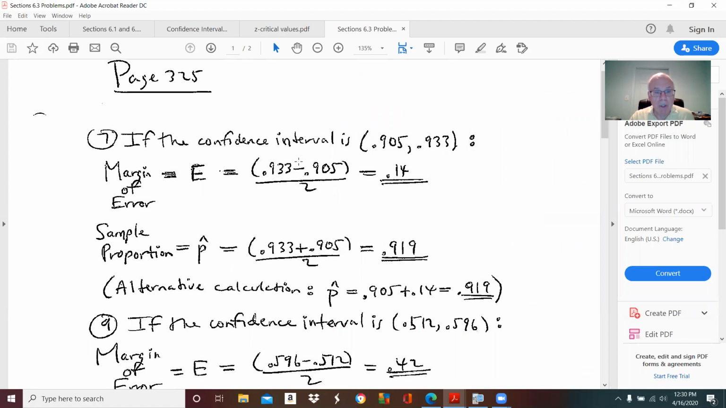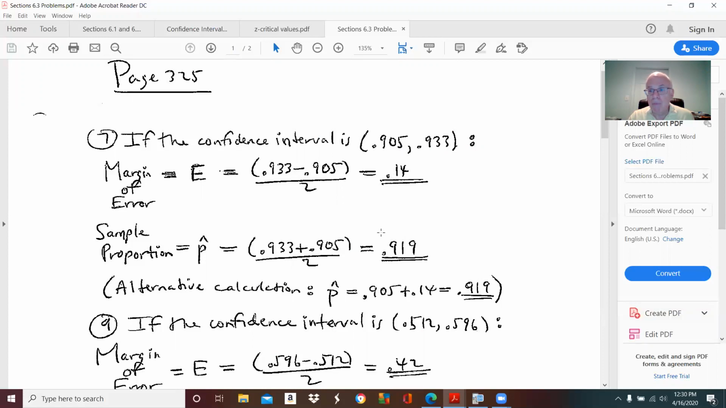When we subtract these two numbers in the numerator, we get 0.28. And when we divide that by 2, we get 0.14. So whoever created this confidence interval used a margin of error of 0.14. Now the question is, what was p hat? Well, once you find your margin of error, there are actually 2 ways of finding